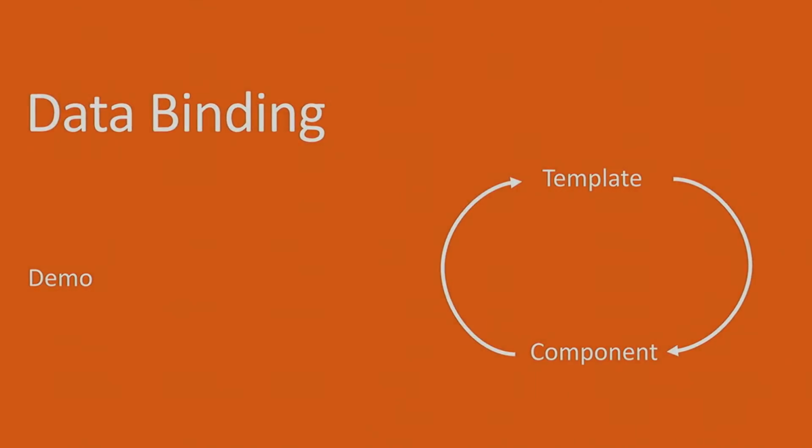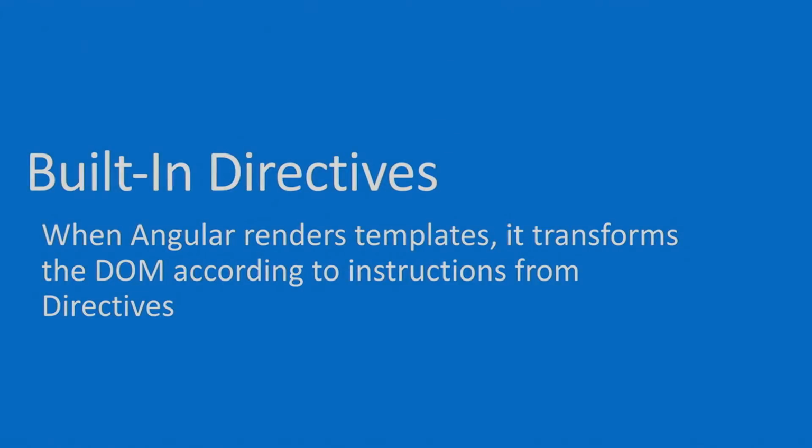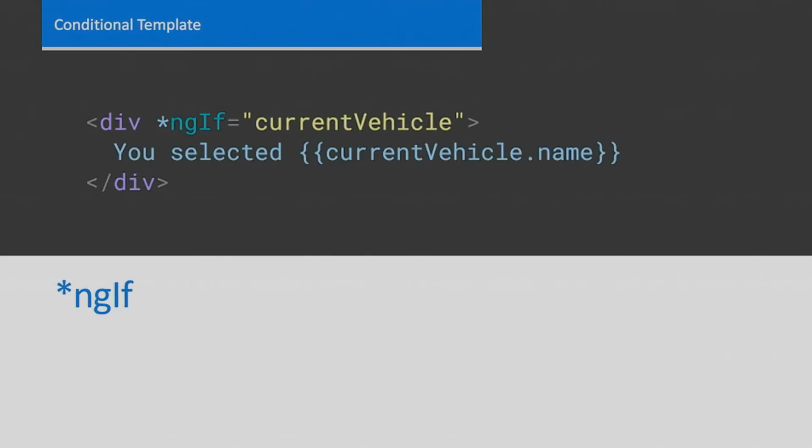We already talked about the next topic, so I'll go through this one relatively quickly. We looked at a bunch of things like ng-for and ng-if. There are things that we might want to take advantage of so that we don't write our own code. Like, what if we want to show this vehicle only if you selected it? It'd be nice to have a way to do that. So we just call ng-if, and it's got a star in front of it because it's a structural directive. Any directive that actually changes the DOM on you, that changes the structure, will start with a star.